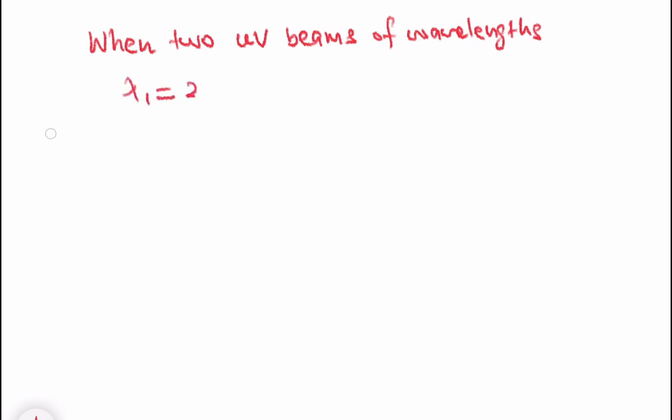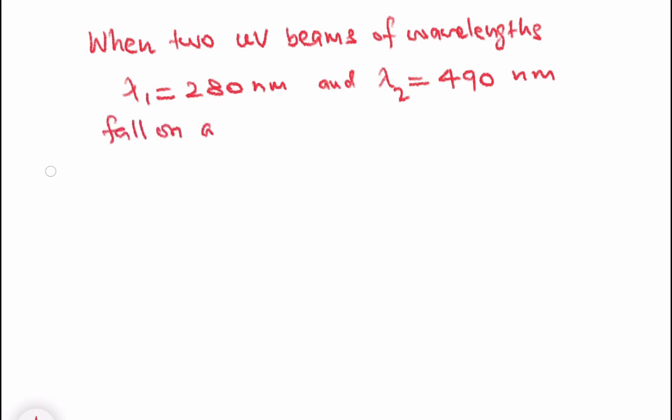when two ultraviolet beams of wavelengths lambda 1 is equal to 280 nanometer and lambda 2 is equal to 490 nanometer fall on a lead surface, they produce photoelectrons